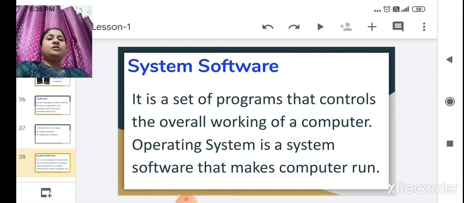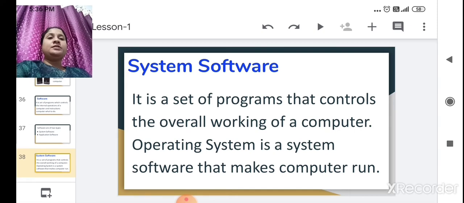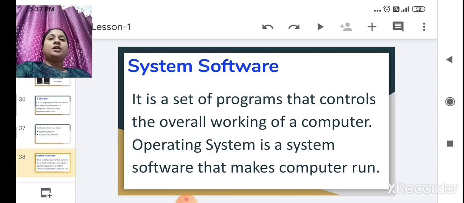Operating system? When you open a computer, a blue color screen appears and some windows appear on the screen. What is it? It is nothing but the operating system. It is a set of programs. It also has lots of applications in it on which you do different types of work. With the help of this operating system, you can perform different types of work. Without the operating system, it is not possible.